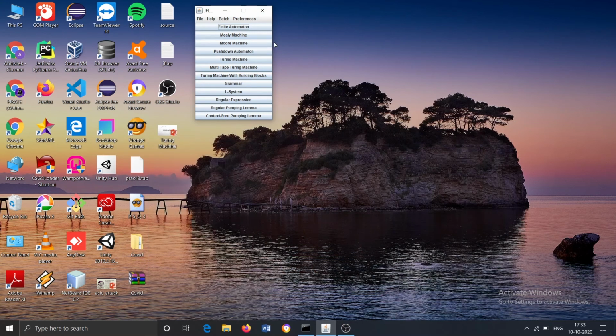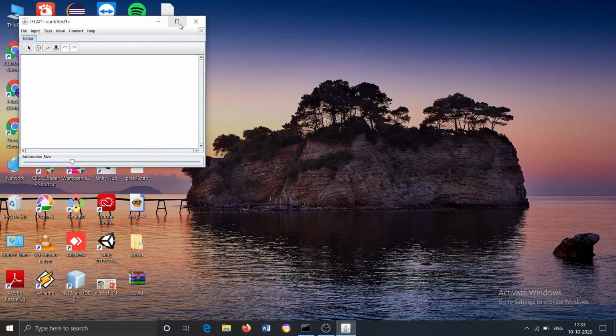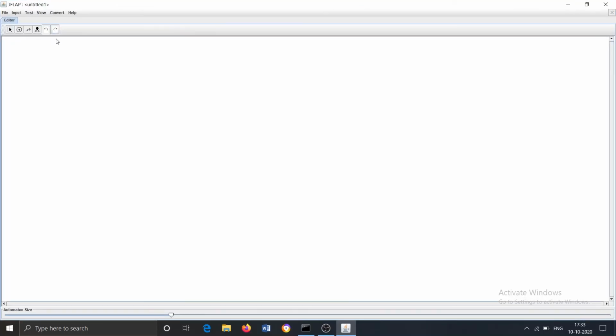So here is our JFLAP tool, and to create a Turing machine we will click the Turing machine option. This is our editor. Let me first increase the automata size. Now let's create a state q0, and create another state q1.